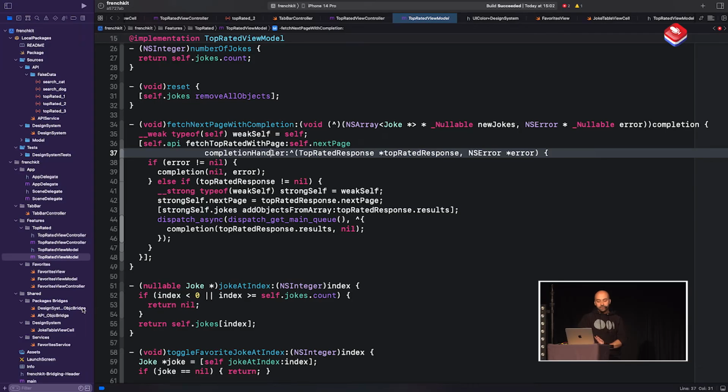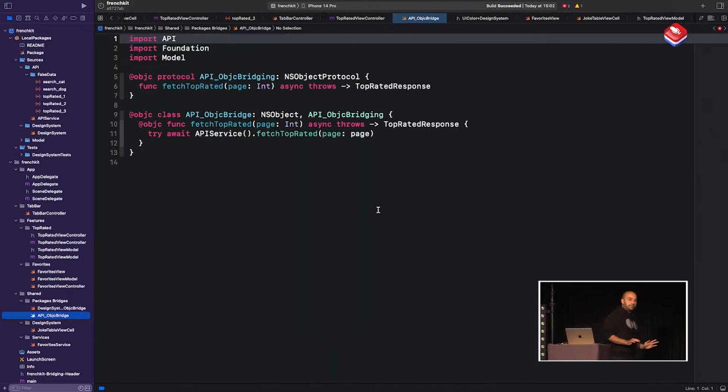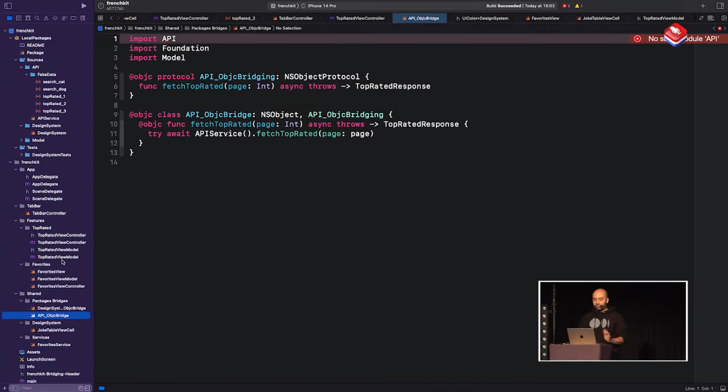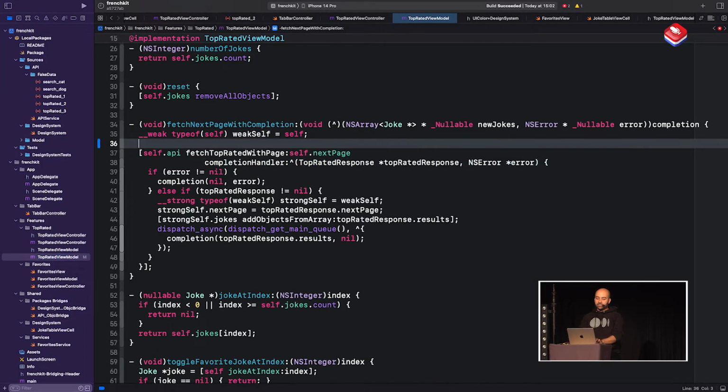And how do I get this? How do I get all of the benefits of async await, but still can use it in my Objective-C code if I don't want to touch it? Well, I built a bridge for the API, and there's nothing in there. Basically, if you're using async await in Swift and you want to use it in Objective-C code, you're going to get a completion handler for free. And that's pretty cool if you still have to deal with Objective-C code. Because the normal auto-completion will take your async await code in Swift